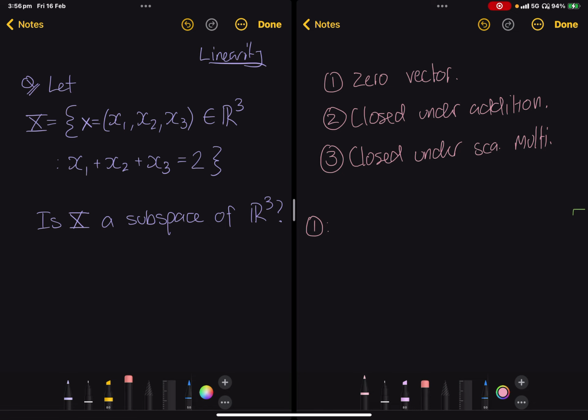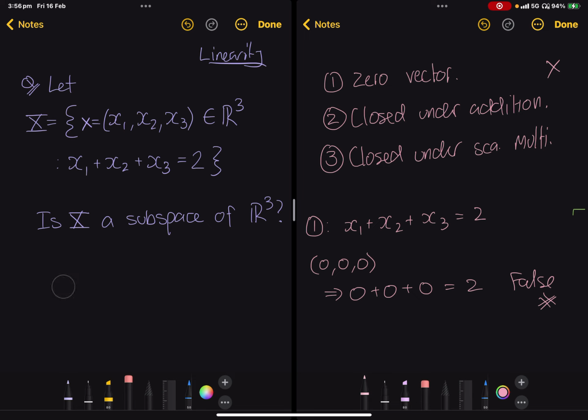So if we have a look, we're told x1 + x2 + x3 = 2. So the 0 vector is (0, 0, 0). This would imply that 0 + 0 + 0 is equal to 2. This is false. So immediately we're off to a good start. It fails to contain a 0 vector. So no, we know the answer straight away. No, capital X is not a subspace